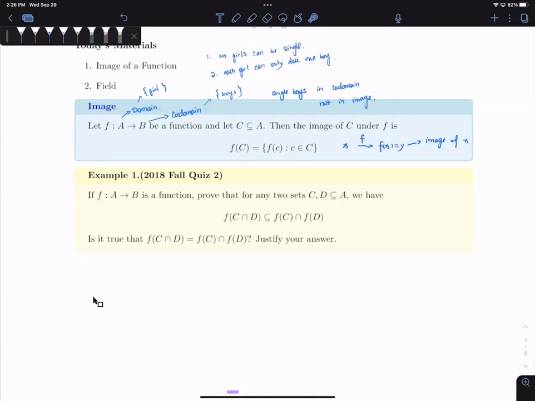Yes, exactly. So guys with a girlfriend, they are in the image. The single guys are in the codomain but not in the image. Exactly. Okay, so hopefully after this terrible example, you understand what's going on. So now you understand why the image is a subset of the codomain, right? Do you understand now? Okay, cool, nice.